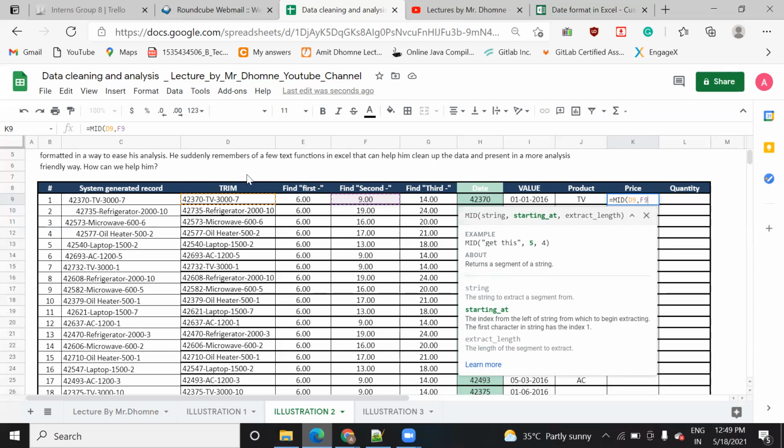So how can you find the value? We have found the second hyphen is present at the ninth location. So I will use F9 plus 1. That is where your price starts. Now you can subtract the second hyphen position from the third hyphen position, so you will get this price value.